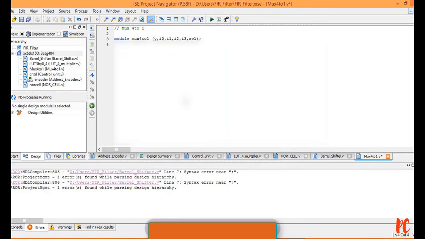In the port list I am defining output y, input I0, I1, I2, I3, followed by input a selection line which is 2-bit, 1 down to 0, select.